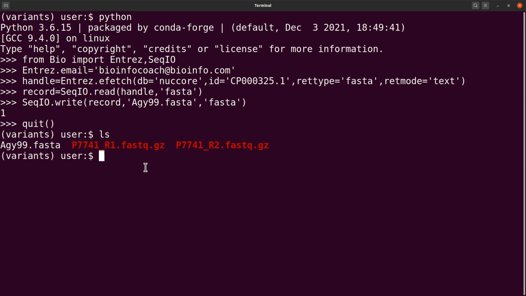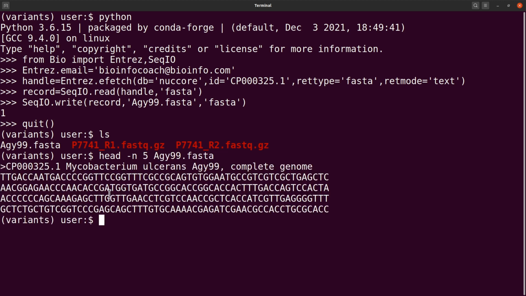Let's just do a quick exploration here. Let's just say head -n 5. Yeah, just to get it here. Okay, so there we have the reference genome here, which is cool for us. So, I mean, we are good to go. So, a good job to everyone. Now we can proceed. So let's